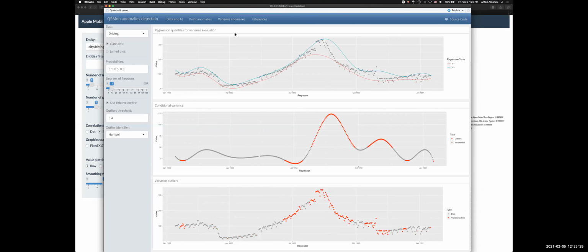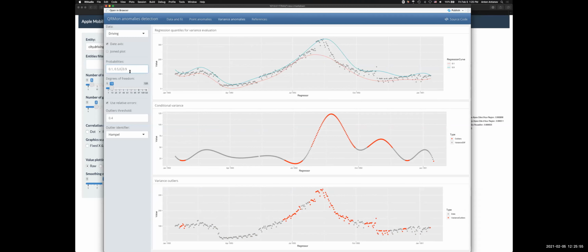What is interesting, and one of the things we can do with quantile regression which you cannot do easily with other methods, is that we can find anomalies using variances. With quantile regression, because I can put an arbitrary number of quantiles like that, first I can do the conditional cumulative distribution functions estimation. At each of these time points, I can actually reconstruct what the signal is like.